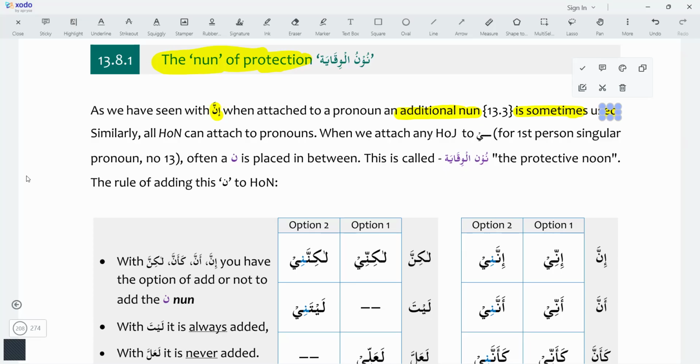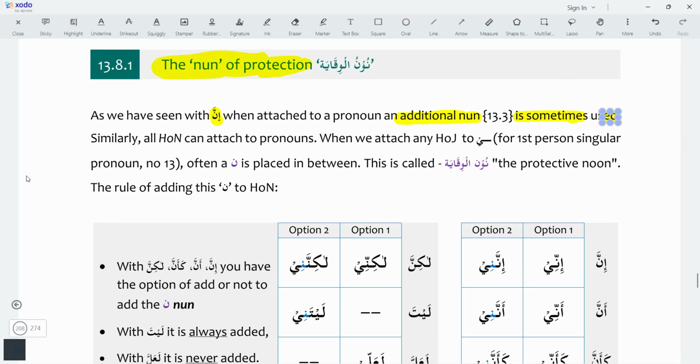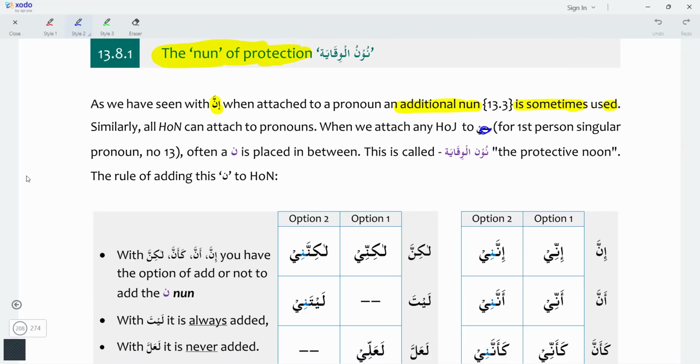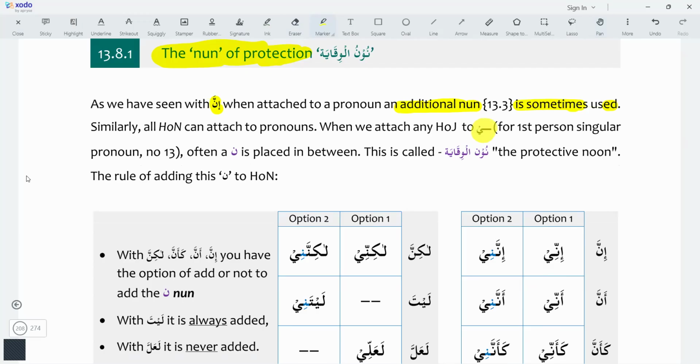When we attach inna with the ya mutakallim, the first person singular pronoun,